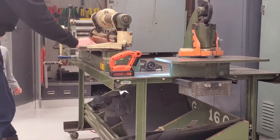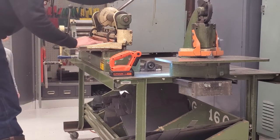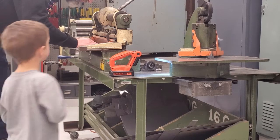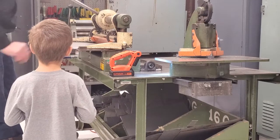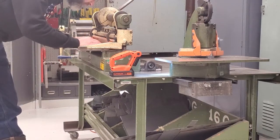Need my helper? There's your safety glasses. So there's the first one. It fell in the catch tray. That's fine. We're going to fish that out in just a second. My second one. Other side, bud. And then the last one,